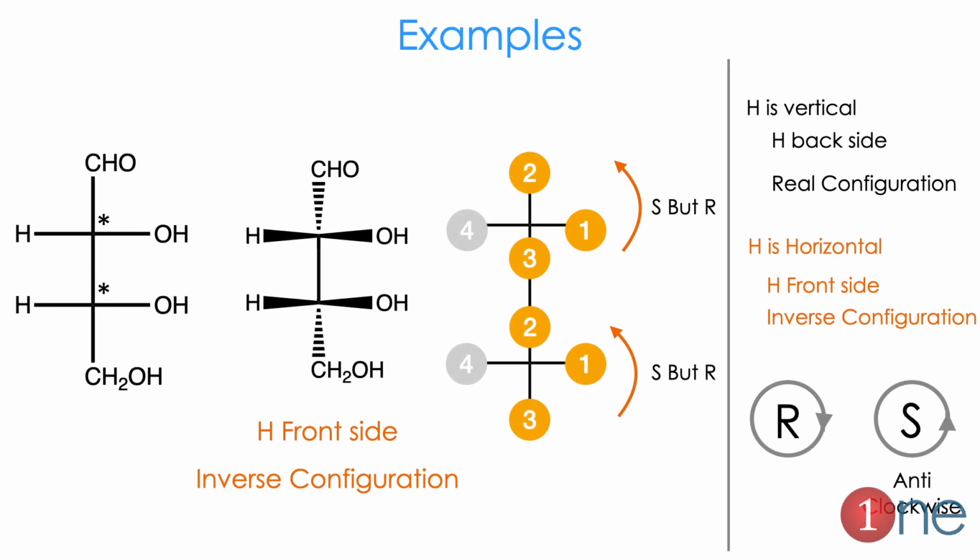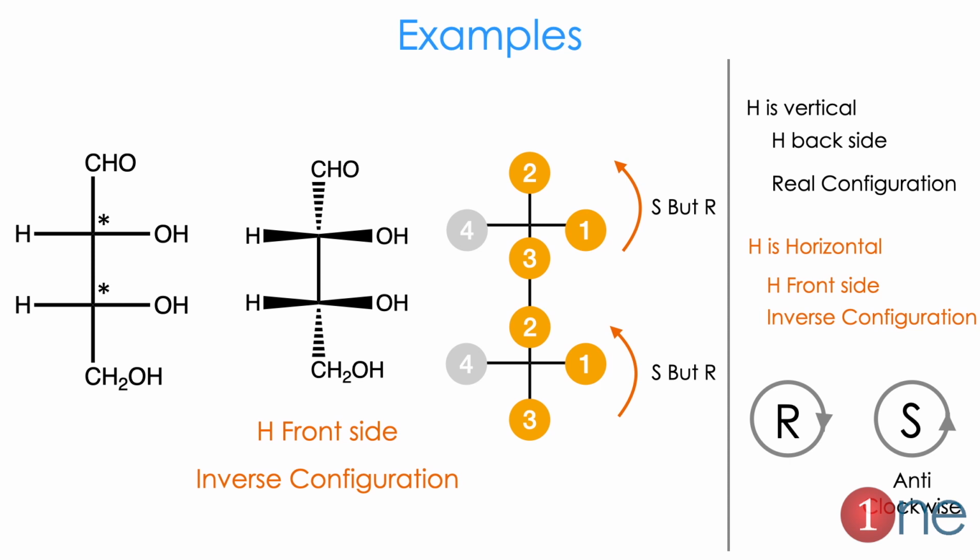The next example is a little bit higher level one, which contains two chiral atoms. Here the second and third carbon have chiral atoms. So how do you assign it? The same thing, hydrogen is horizontal here, so you should know that the real configuration will be reversed. So first you assign the priority: alcohol will come first, aldehyde will come second, and third will be the longer chain, fourth will be the hydrogen. If you do that, it will be S, but since hydrogen is on the front side, the configuration will be R